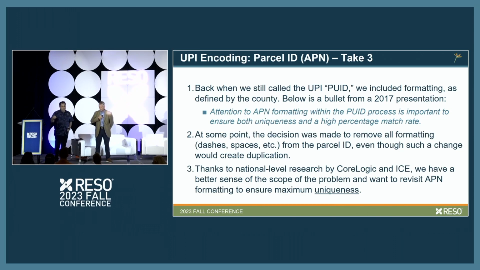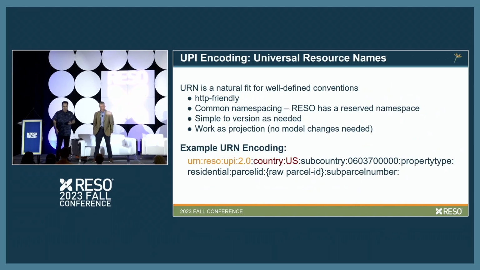This is going to be the hot discussion in the work group, and anyone that's got any feelings will probably want to come. Certainly we might say dashes stay but spaces go. We'll have to do some analysis and come up with a rule set that really makes sense because, as Matt was mentioning, universality is important, and if spaces are arbitrarily or inconsistently put in there, we want to be careful that we're doing it well. Whatever well means, that's what we'll determine. So that's our very highly subjective goal. Because 99.8%, that's pretty good. It's not well. No, kidding.